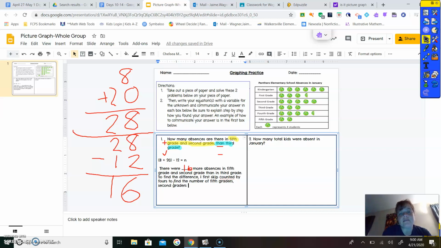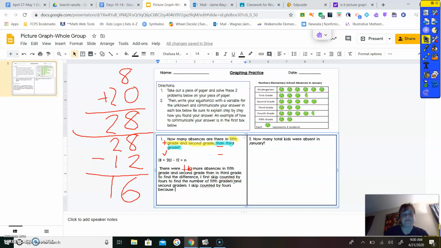I know with some learners, some of the feedback that I've given you is it's super important that you explain each step and you give the why behind why you did that step. So to find the number of 5th graders and 2nd graders, notice how I have to keep backing up and rereading. To find the difference, I first skip counted by fours to find the number of 5th graders and 2nd graders. I skip counted by fours